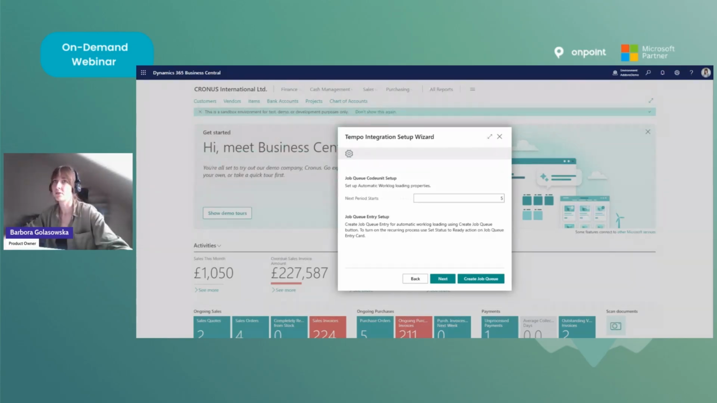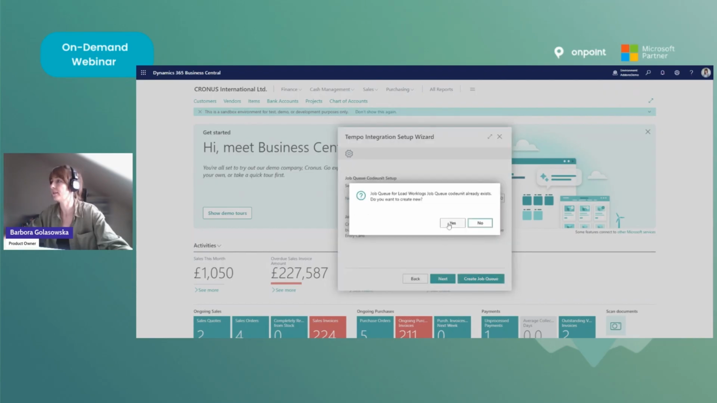Let's give you a short example. Let's say it's the 25th of October, and you would like to keep your October's period open until the 10th of November. So let's just set this value to 10, and that's it. And now we can move to the part where we will create the job queue entry for you. To do that, you just click on the corresponding button,